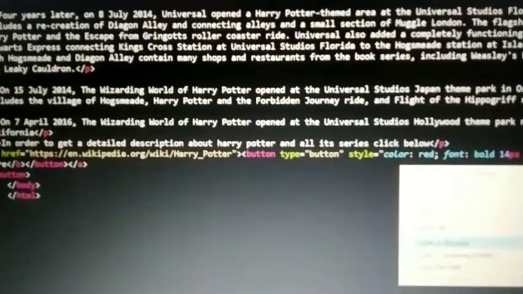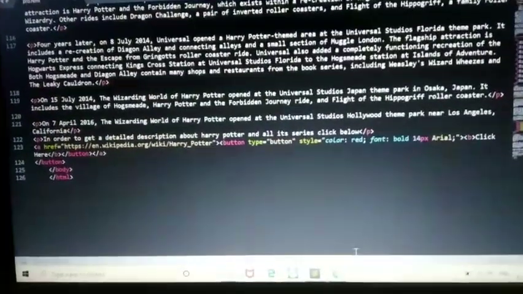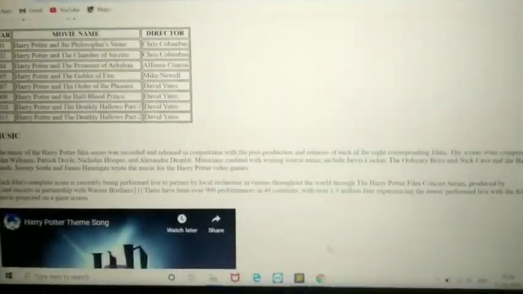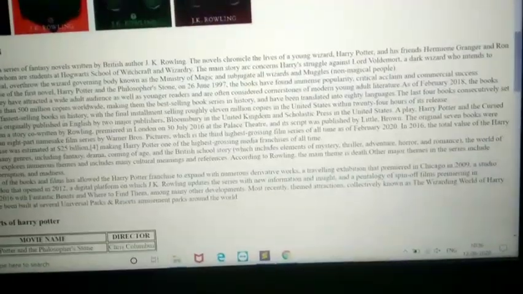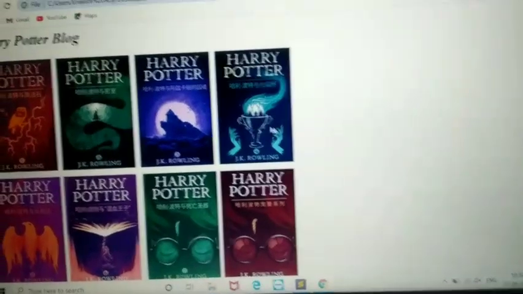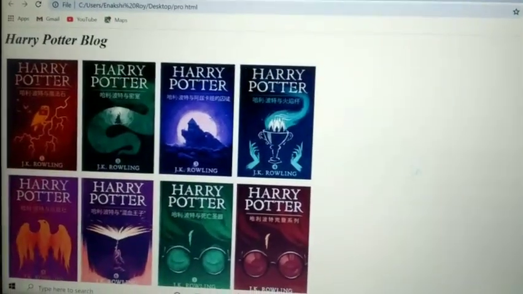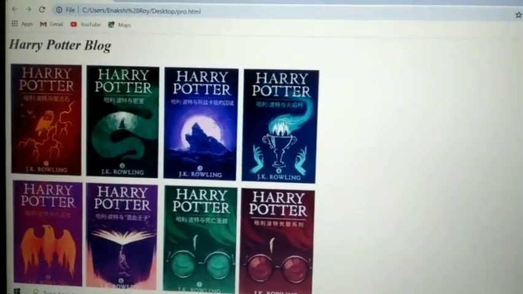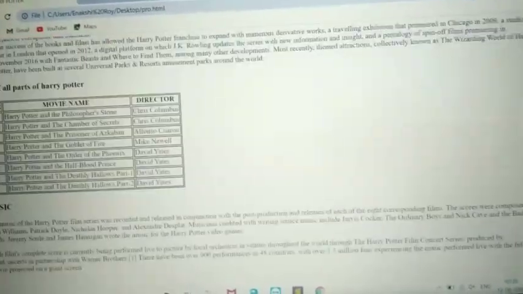Now when I run this in my browser, so after running it on the browser, what we get, the result is this. So this is the website which I created. As you can see, my title is in italics because of the em tag. Then we have an image here. Then you can see we have a list here.